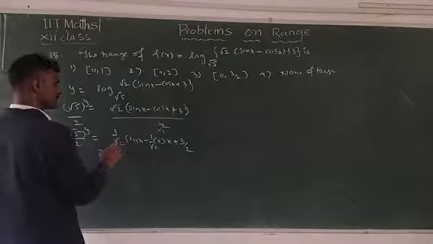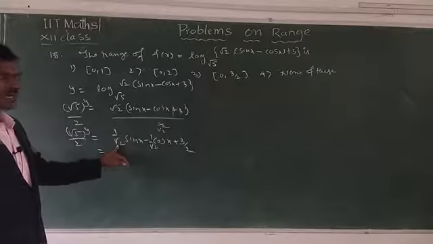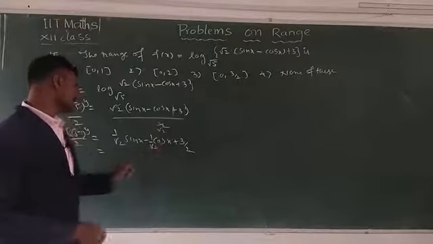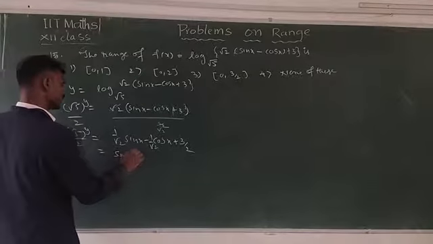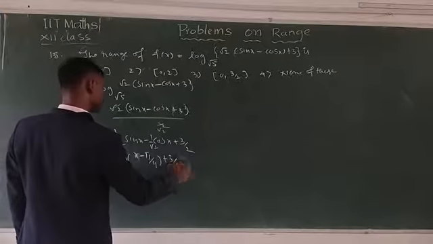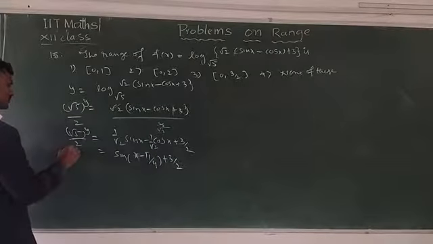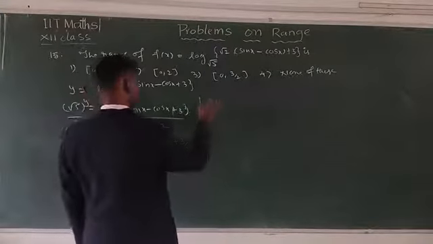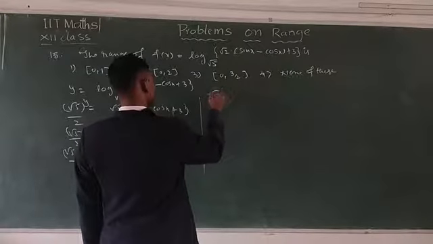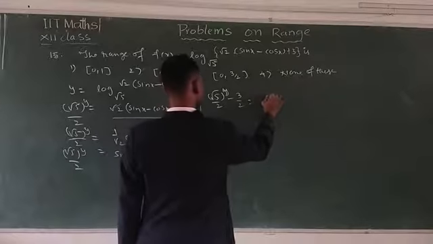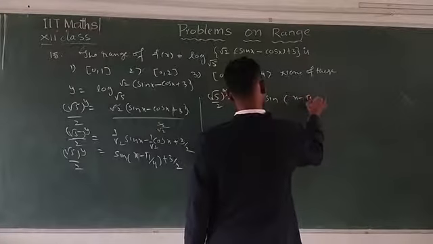Now this is written as, this is cos 45, cos a sin b, sin a cos b minus cos a sin b. Then this you can directly write as sin of x minus pi by 4 plus 3 by 2. Then this is root 5 power y by 2. Now this is also sent to this side. Now root 5 power y by 2 minus 3 by 2 is equal to sine of x minus pi by 4.